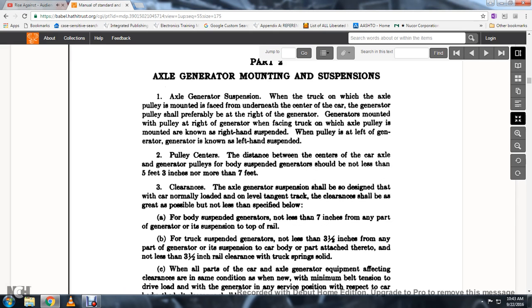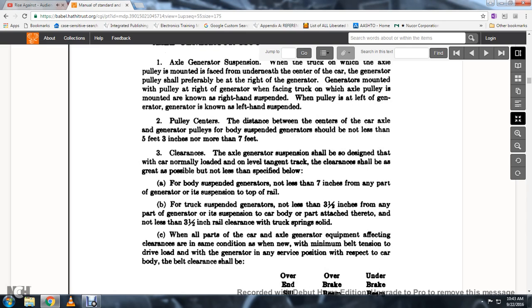The clearances: the axle generator suspension shall be designed with the car normally loaded on a level tangent track. The clearance shall be as great as possible, not less than specified below. A, for the body suspended generators, not less than 7 inches from any part of the generator suspension from the top of the rail. For truck suspended generators, not less than 3.5 inches from any part of the generator suspension to the car body parts attached thereto, and not less than 3.5 inches of rail clearance with